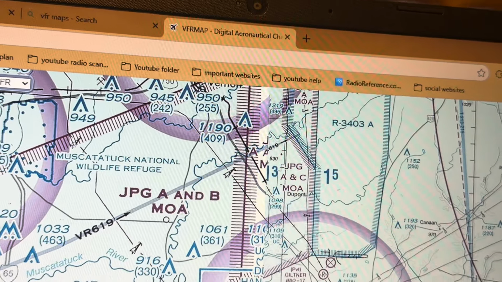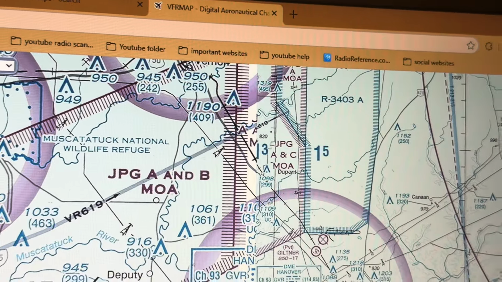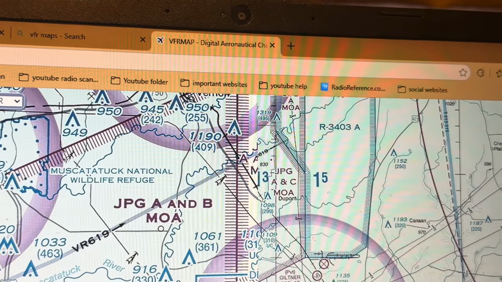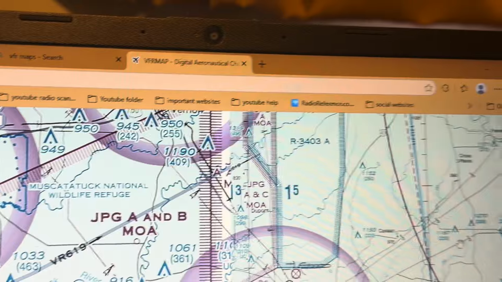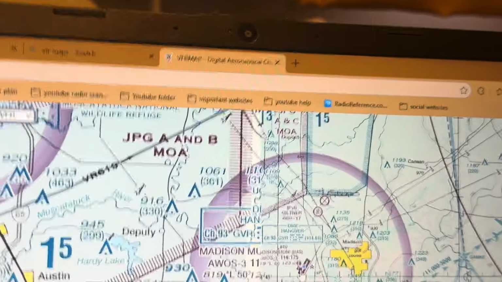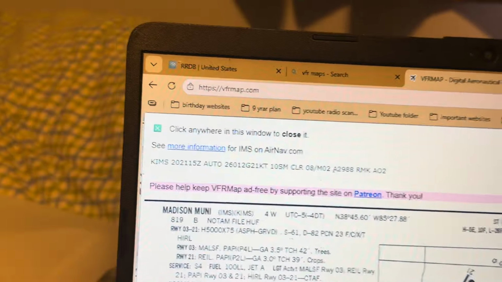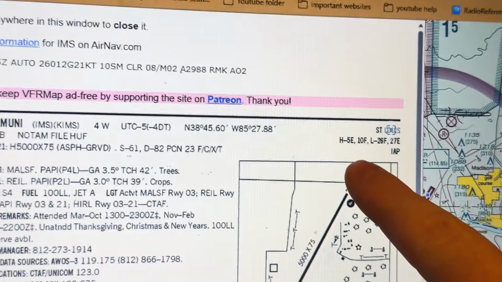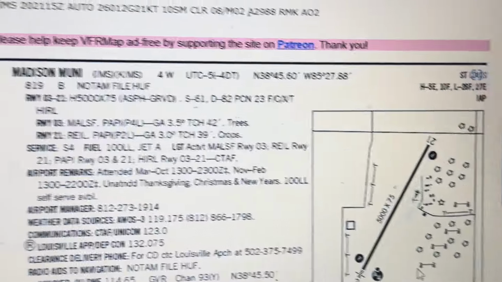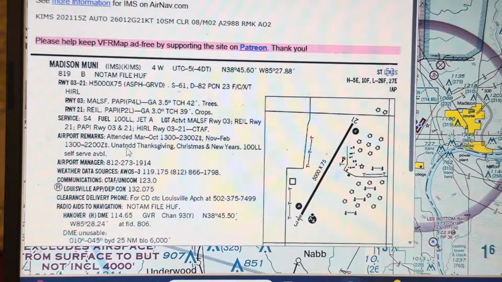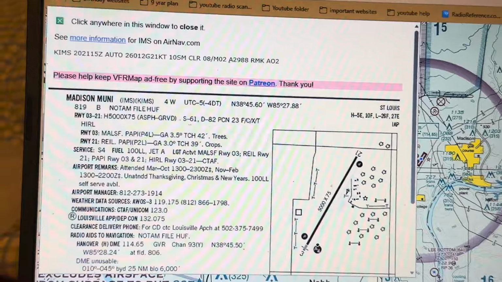So here's the Madison, okay? Madison's airport is smaller than the other ones because they got only one runway, which is right here, which is runway 575. All right, so if we look on here,